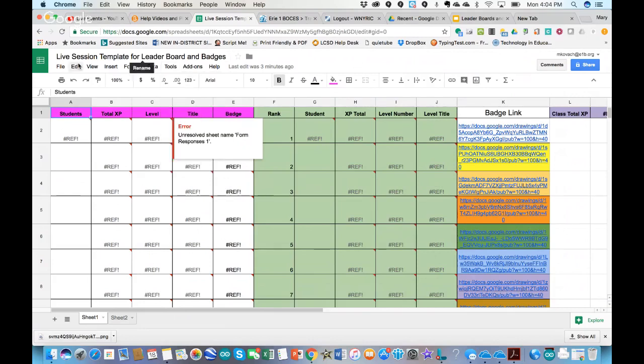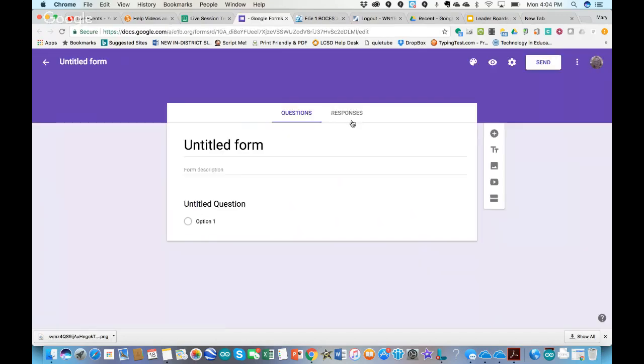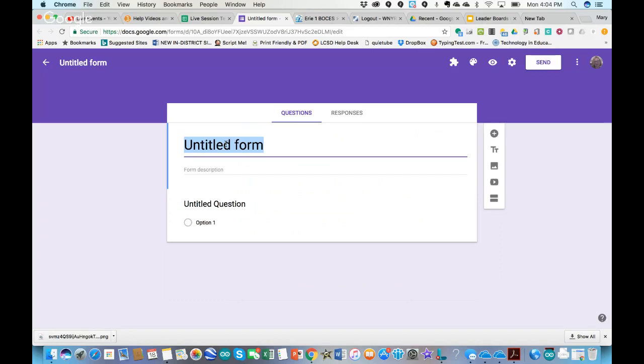Okay, so what I'm going to do instead is go to File, New, and I'm going to create a form. Instead of untitled form, I'm just going to click where it says untitled form. I'm going to say live session XP points. Okay, and then up in the upper left, if I click where it says untitled form, it's going to